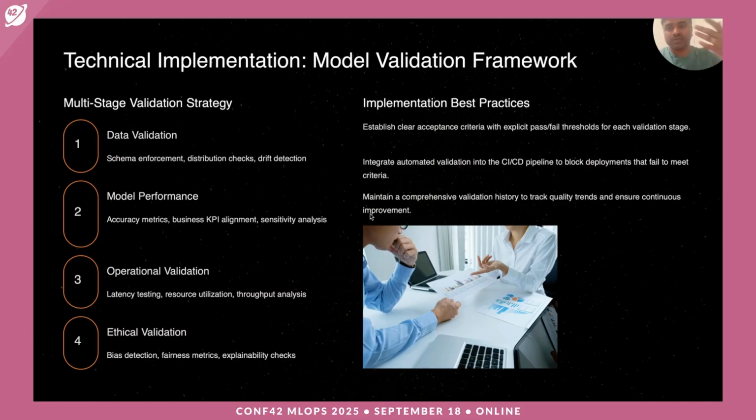So the first important thing is data. Everything starts with the data in ML, right? How good the data is that we have would determine how good our models are, garbage in, garbage out. So it's extremely important to start with data validation. Whatever the use case, we need to have some kind of data set. While we are creating this data set, having schema enforcement, distribution checks, drift detection and stuff like that, to make sure we have very clean data is the first step of any